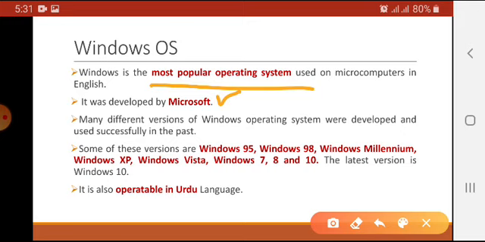There are many versions of the Windows operating system, for example Windows 95, Windows 98, Windows Millennium, Windows XP, Windows Vista, Windows 7, Windows 8, and the latest one is Windows 10. Windows 10 is also operable in the Urdu language, but this feature wasn't available in previous versions of Windows.